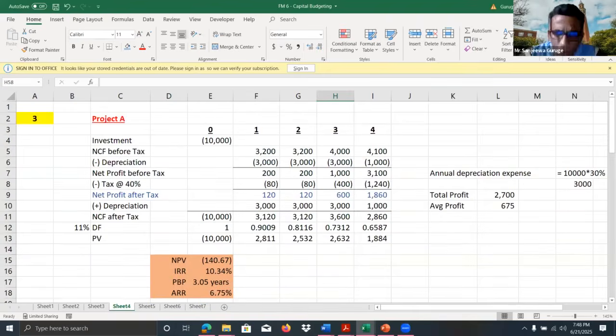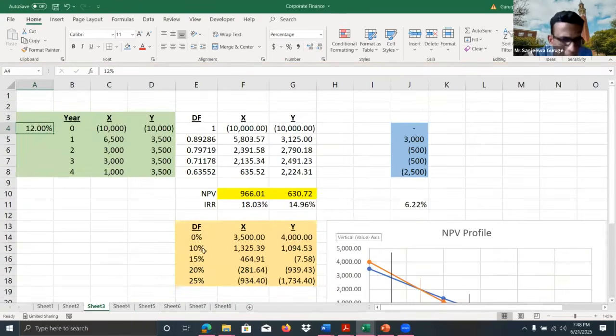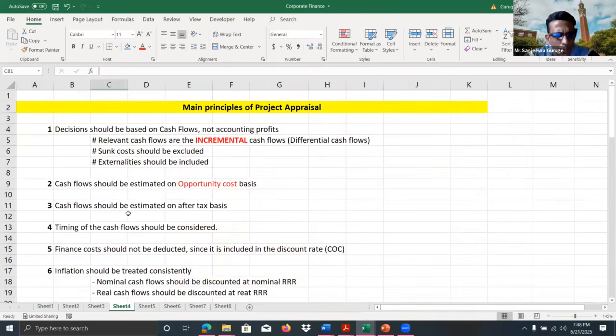So here are some few things relevant for the valuation of investment. Here are some key techniques, but we don't need to discuss this in detail. There are a few more points, and very quickly, I'll describe some key principles relating to project appraisal. That's the important thing, because when you get detailed information relating to a particular company, that's why I mentioned it's not like the exam question. In an exam question for project evaluation, all the information will be there, so we can easily do that.